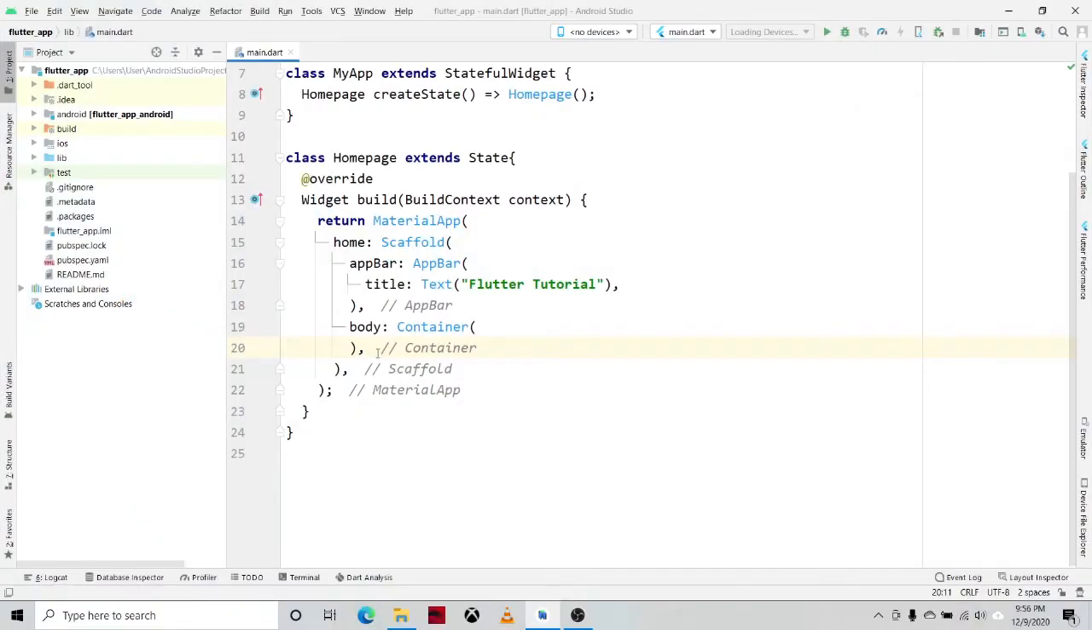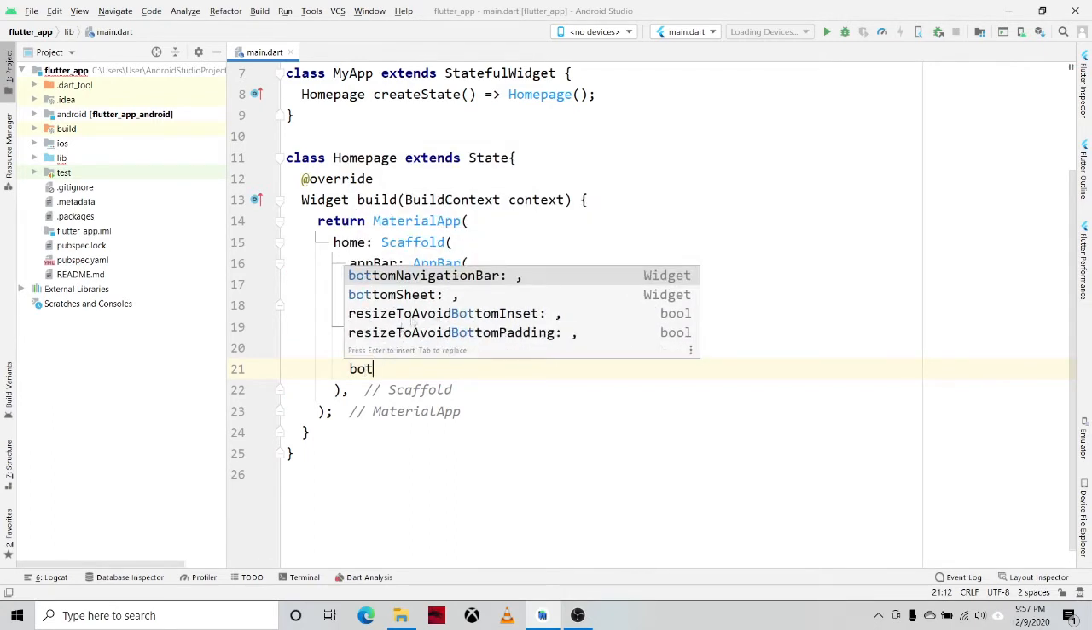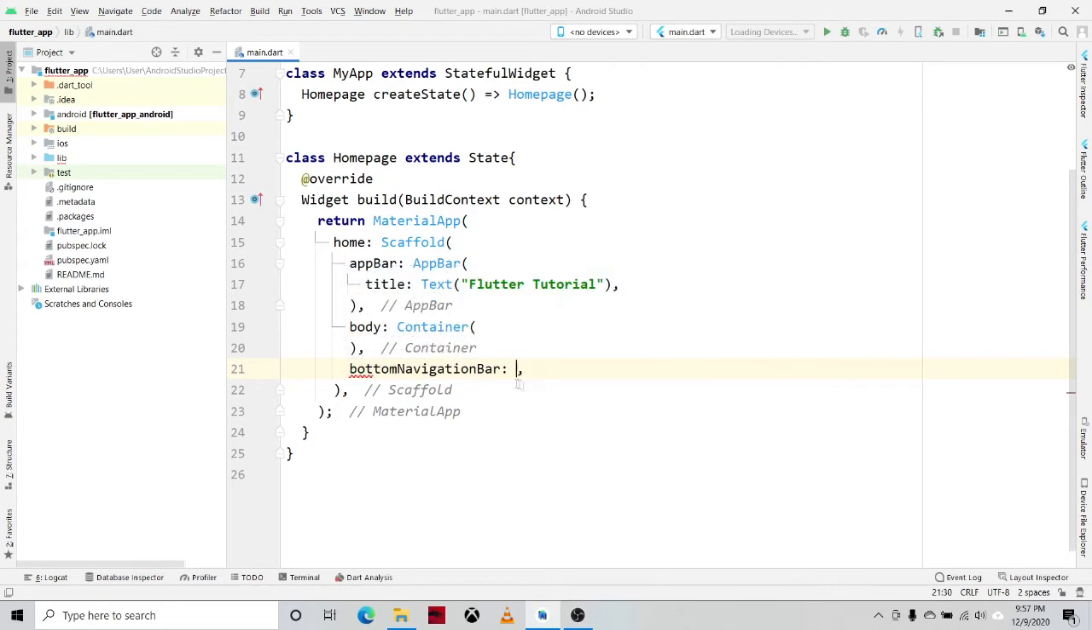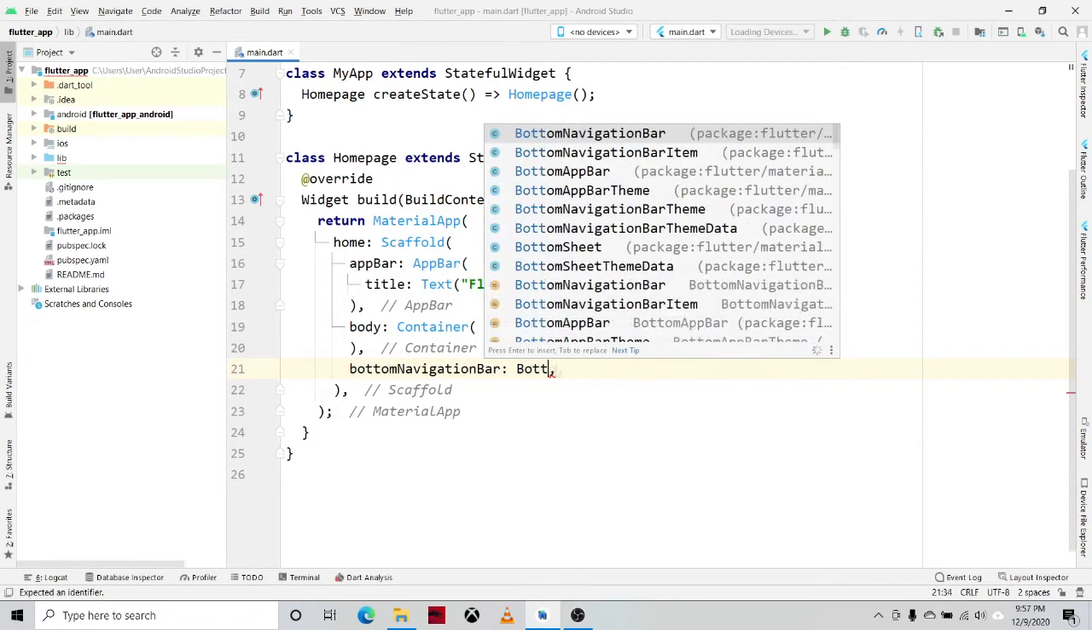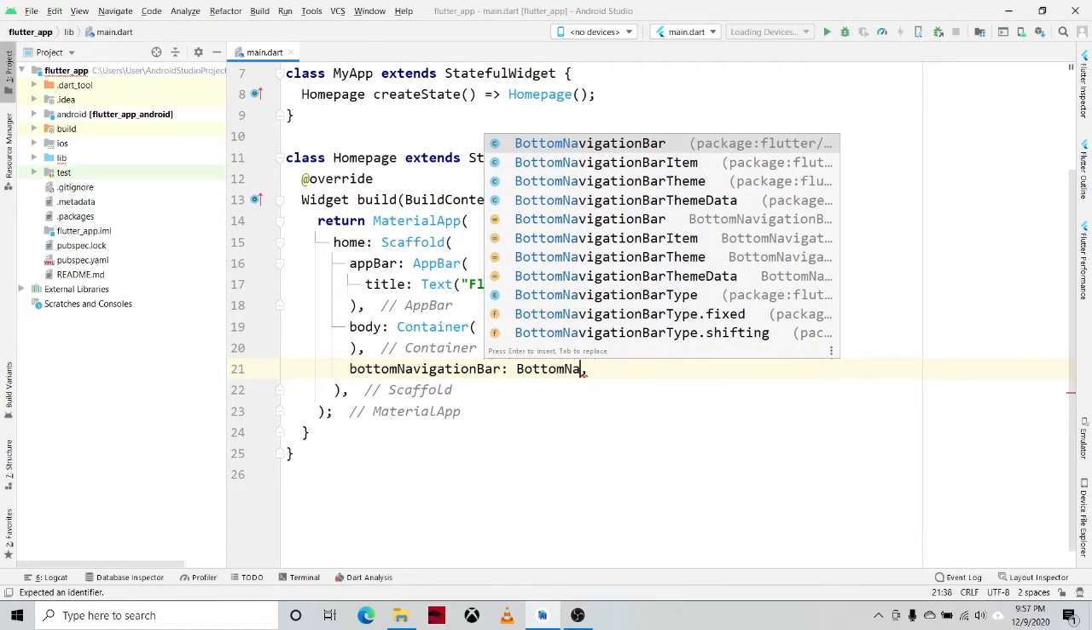Today I'll discuss how to implement a bottom navigation bar in your application. So let's start. In our scaffold, we'll be adding the property which is the bottom navigation bar, and then we'll be calling the BottomNavigationBar widget,